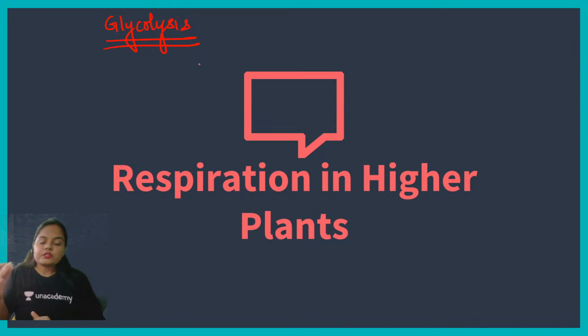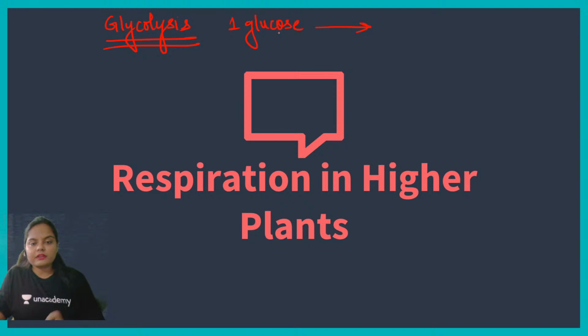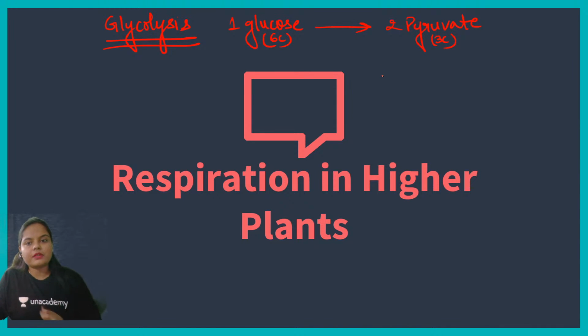Okay, guys. So see, as I told you, in yesterday's class we discussed the glycolytic reaction. And I told you that there was a series of 10 reactions, right? In that particular process, what happened? One molecule of glucose, which contains 6 carbon, was converted into 2 molecules of pyruvate or pyruvic acid. And each pyruvic acid molecule contains 3 carbon. That means one glucose molecule with 6 carbon breaks down into 2 pyruvic acid molecules, each with 3 carbon,